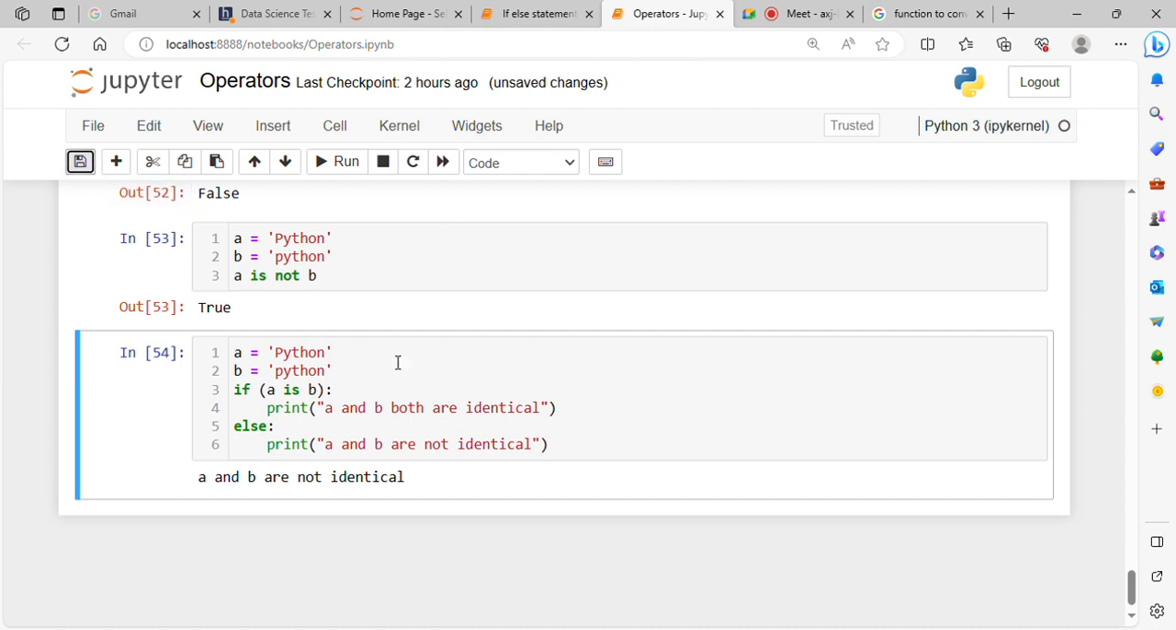Okay, that's all about the operators. I hope everyone understood if else and operators. Clear? Yes, sir. Try it on your own. If any issue or any